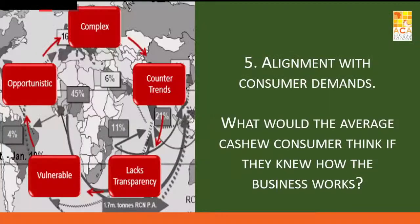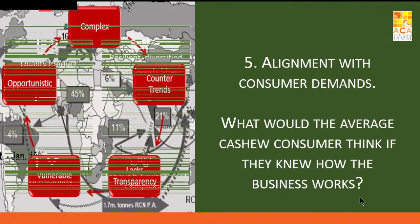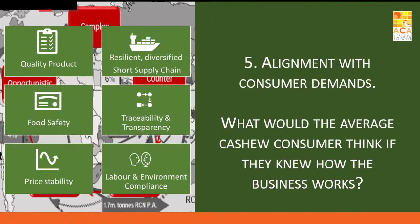The fifth point is what I'm calling the alignment with consumer demand. And if we look at what consumers want and what we offer them, and then we look at how our supply chain works, and we look at this complex supply chain on RCN, lacking in transparency, and we compare that with consumer needs in terms of quality, in terms of the development of the supply chain, food safety, particularly traceability and transparency, but also labor and environment compliance,